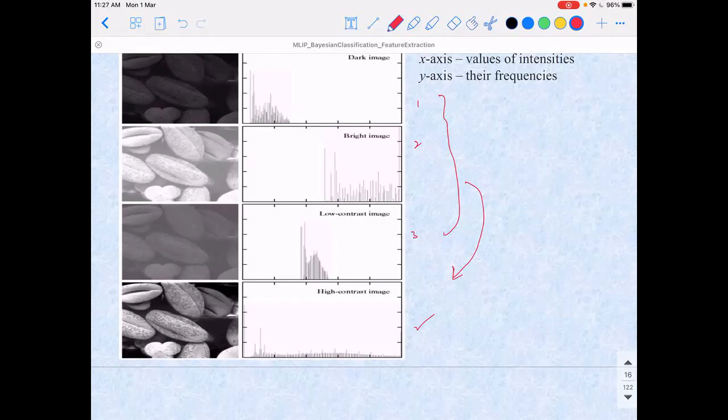We can take the minimum value and maximum value of the brightness and then stretch it to 0 and 255, so we get a very good high contrast image. Correct. So you can simply stretch: image intensity minus I minimum, divided by I maximum minus I minimum, in some sense a normalization, times 255. What I'm essentially doing is moving the minimum intensity to 0 and the maximum intensity to 255. So this is modified.